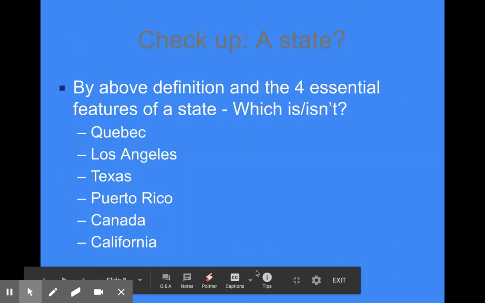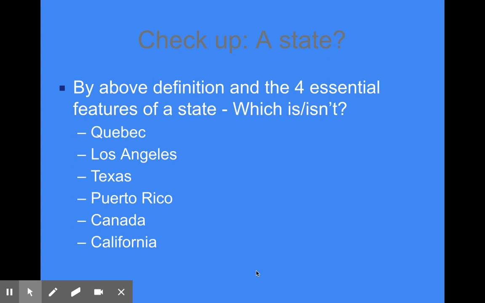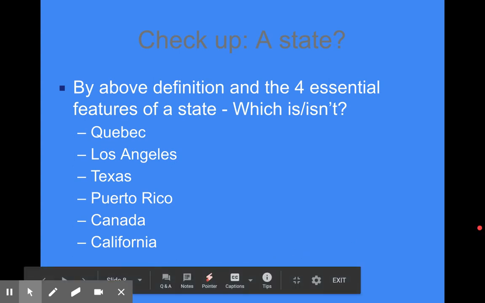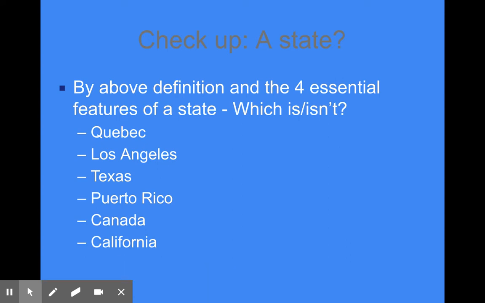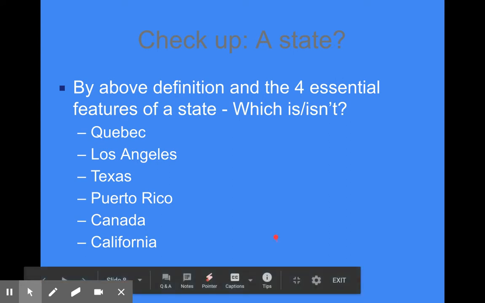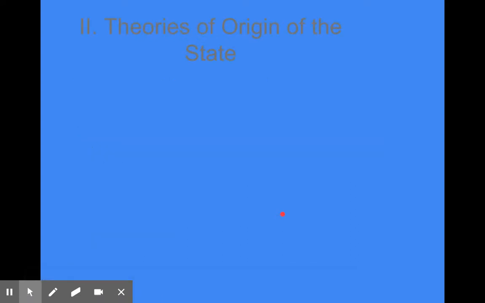Okay. So a little checkup here. Which of the following is a state? And which is not? I will give you one hint. There's only one state on that list. One state. Okay? Think about it. Write it down. I don't even think I'm going to give you this answer, but one of them's a state, and the other 6 are not for various reasons. You might need to look up what some of these things are. Check it out.